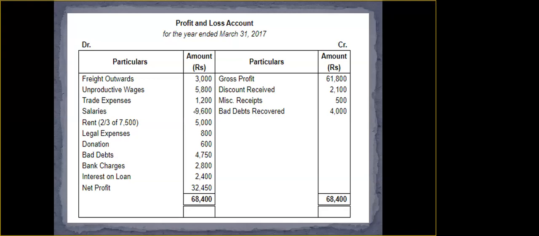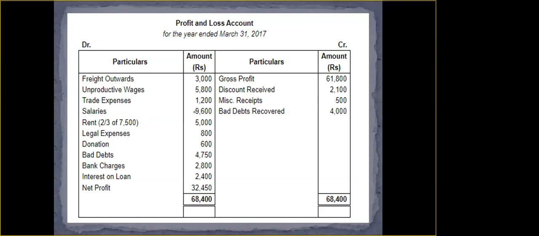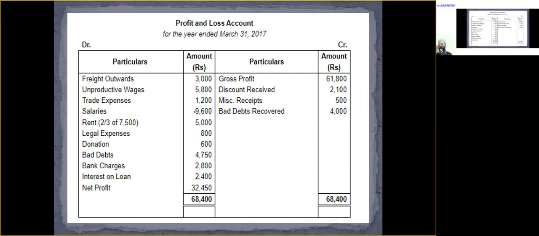Sir, I'm calculating. Okay. So you guys are not using a calculator or what? Why are you taking so long to calculate? Everyone just keep this in mind that whenever we are doing class, you should use a calculator. Otherwise, the calculation will take a lot of time. But the question I gave you for homework, at the time of doing that question, you should not use a calculator.